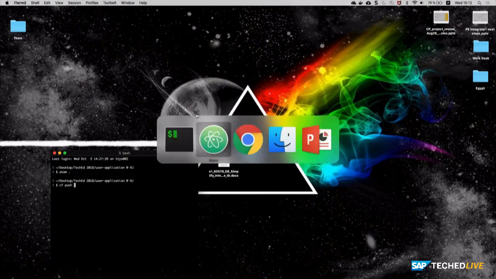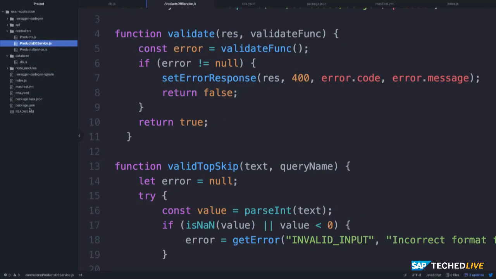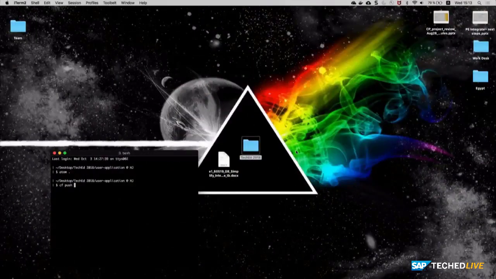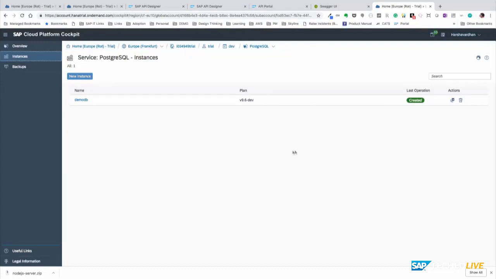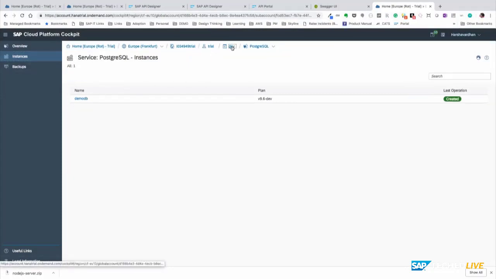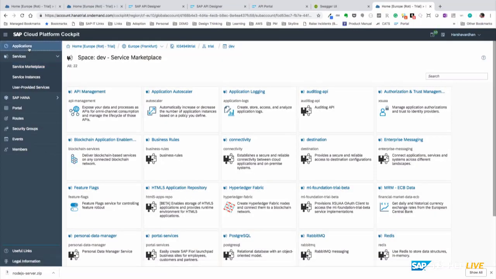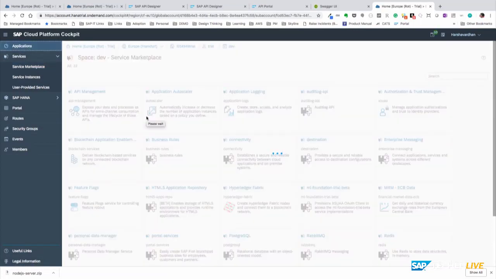I can now go in and do a CF push, because the code that's generated also has an MTA file, which is the format that we have, a multi-target app format, which we have to push into Cloud Foundry. And I'm able to push it into Cloud Foundry. When I do the push, the API endpoint is available here. So when I go and look at the endpoint,